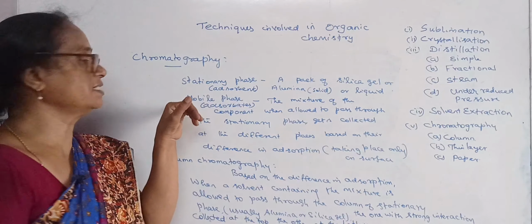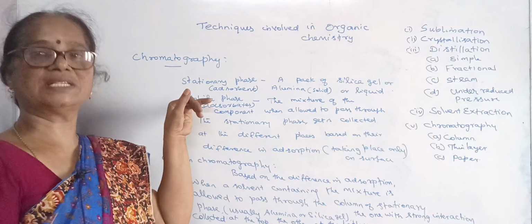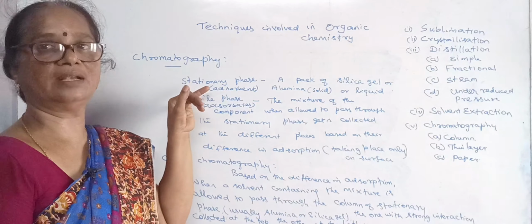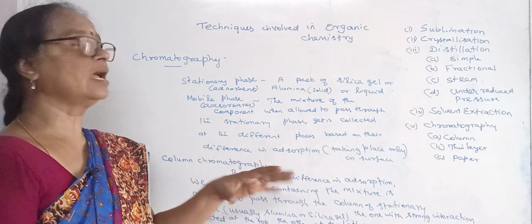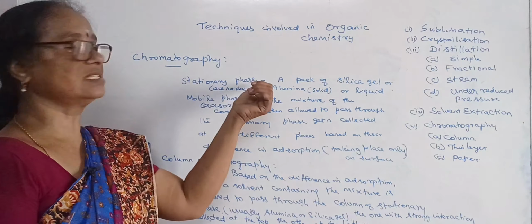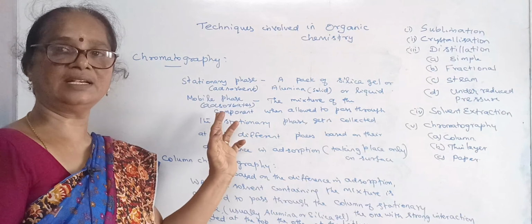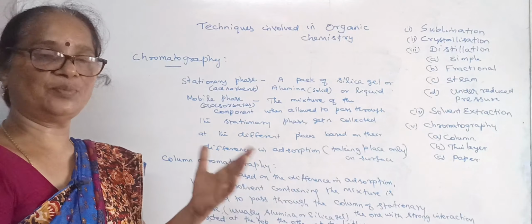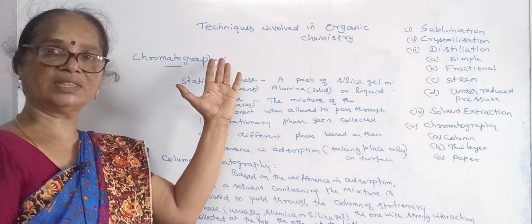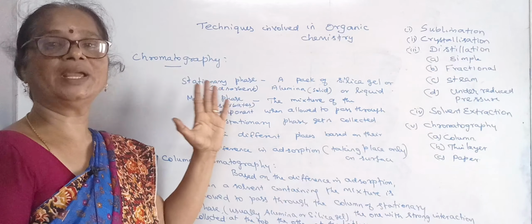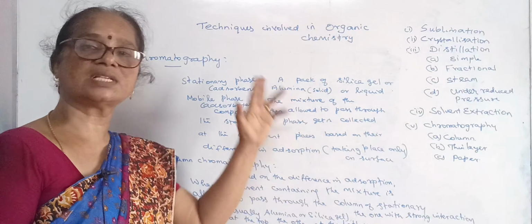The mobile phase is nothing but the compounds to be separated or purified, taken in a solvent and allowed to pass through the stationary phase, where the different components have different types of adsorption. That means, depending on the way they interact with the stationary phase, they will be collected at different zones of the stationary